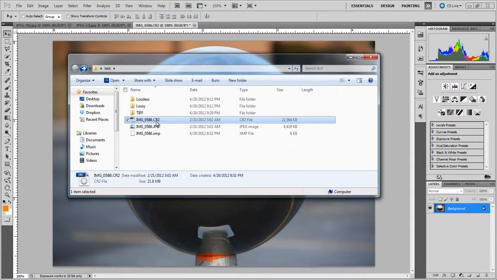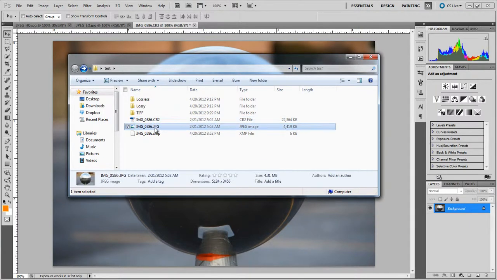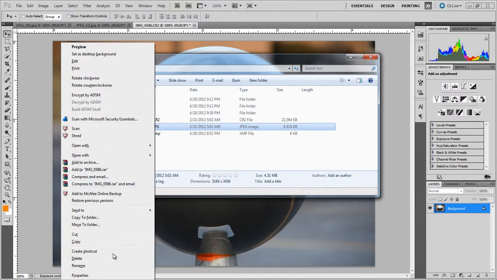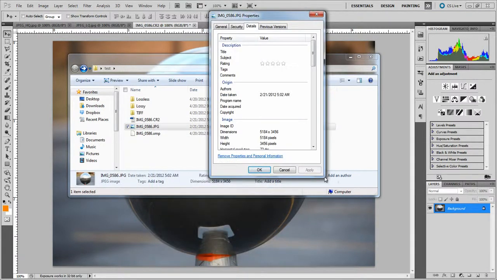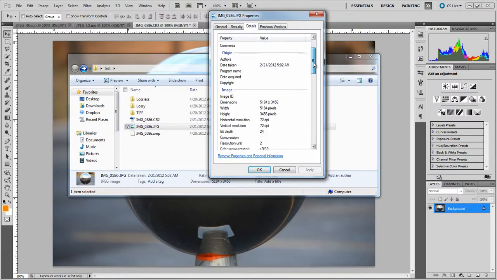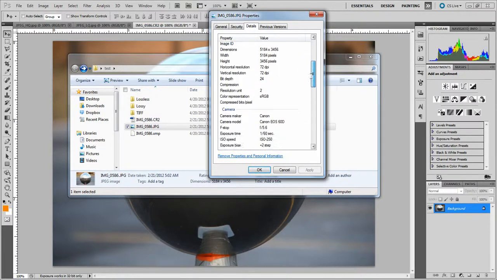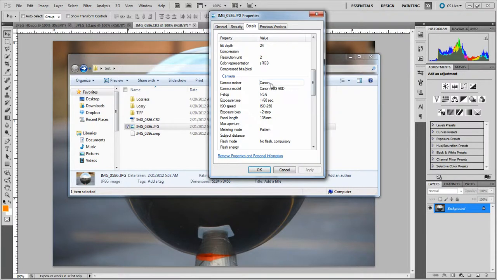If you don't have the information on the CR2 file, but if you go on the JPEG file, like I said, when you shoot a CR2 file on your camera, you'll get a JPEG image with it. So if you actually go to your properties, right-click it, go to your properties, and in your details, you have all the information of your camera when you shot the image. So this image, I shot it with a Canon EOS 60D at an f-stop of 5.6. The shutter speed was 1/60th of a second. ISO was